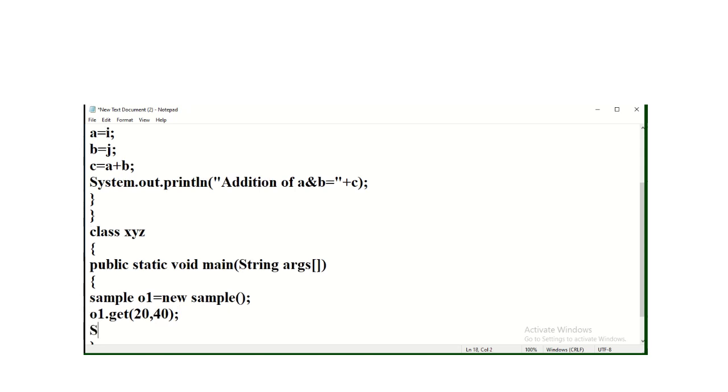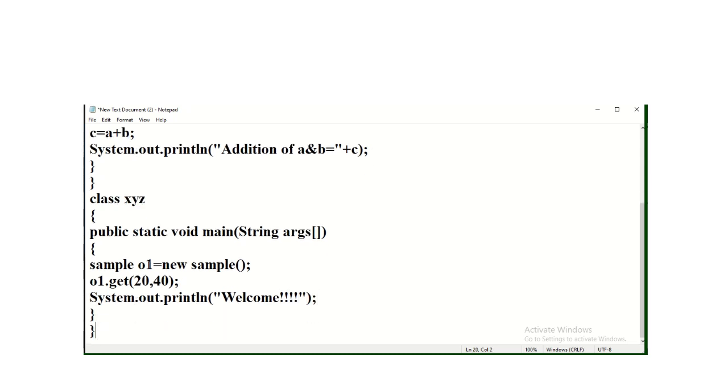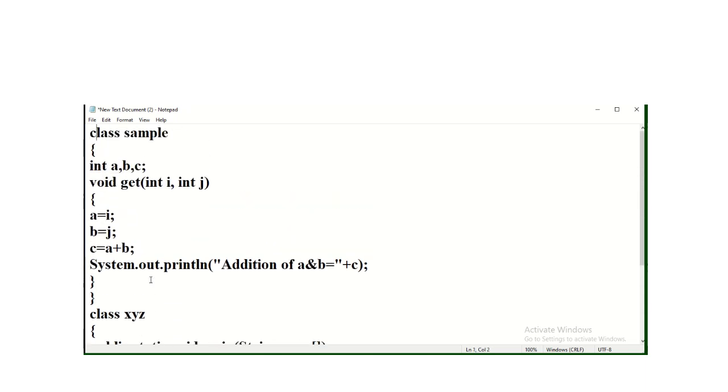Now here also we can display a message, System.out.println, "welcome". Okay, now our class definition is completed.